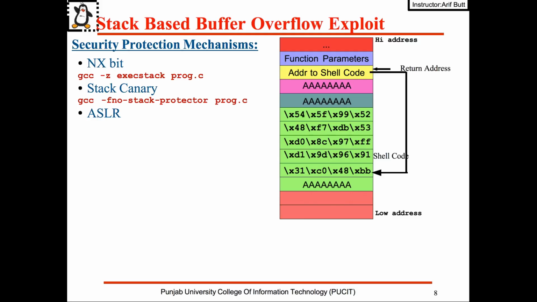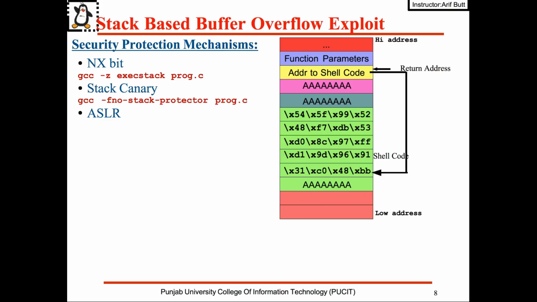The third protection mechanism is ASLR, address space layout randomization. This is an operating system based defense. ASLR randomizes the addresses of stack, heap and shared library sections in a process address space. Every time a program executes, it is given different addresses, thus preventing an attacker from reliably jumping to an exploited